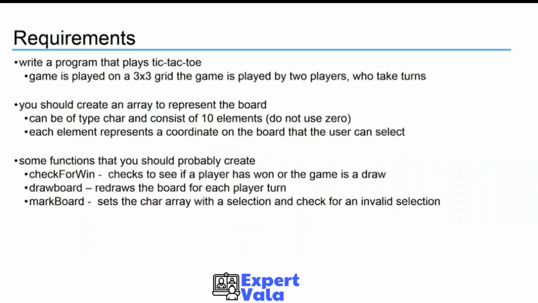In addition to creating an array for the board, you have to think of how you are going to break this problem down, how you are going to organize it. I'm thinking at the very minimum that you are going to need at least three functions, probably more, but you need at least one function that checks for winners. This will basically just see if a person has won the game, or it may also check for a draw. You should have a function that draws the board